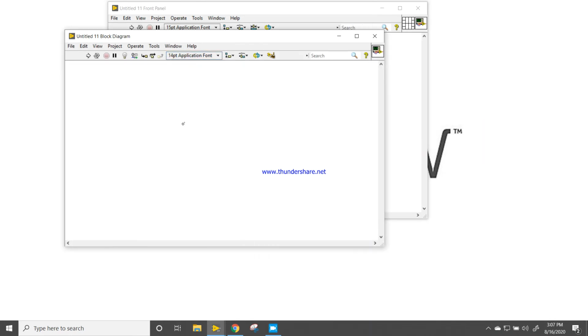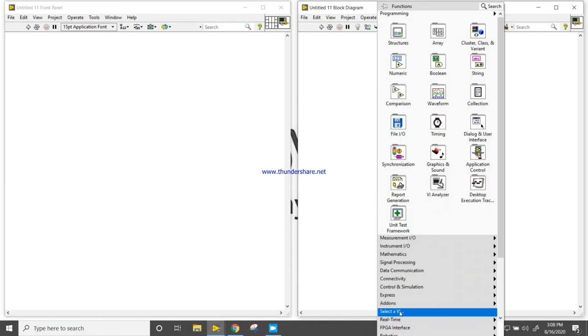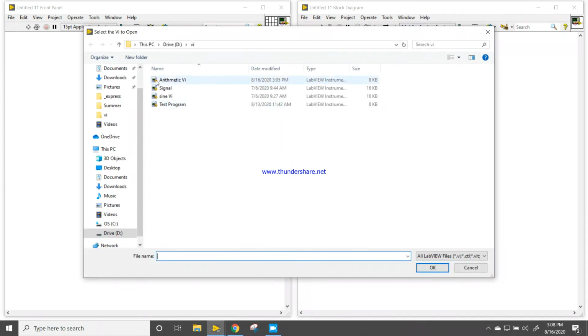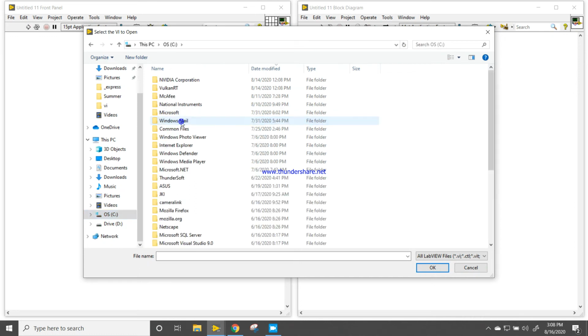Right click here in the block diagram and come into Select a VI. Let's go to the C drive, it is common for all. Come into Program Files x86, double click.